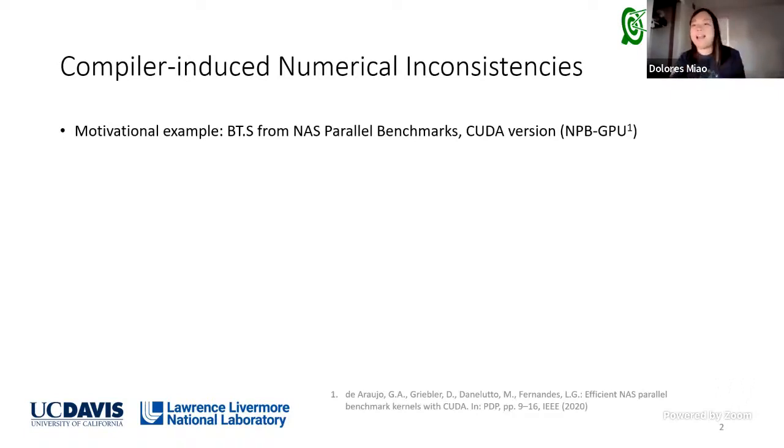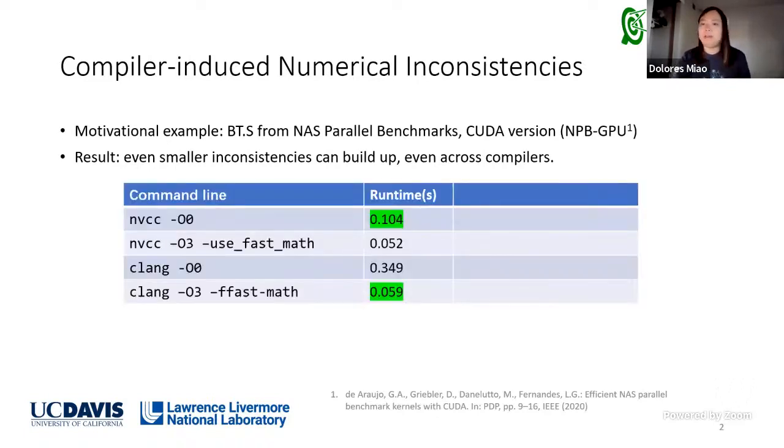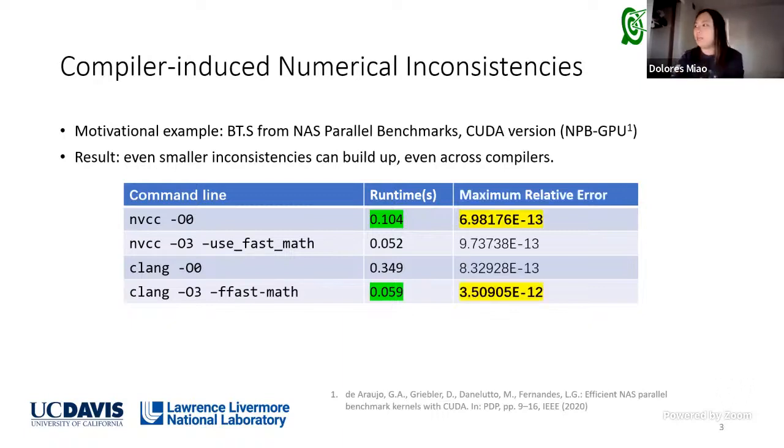One such inconsistency we have found during our research was in the NAS parallel benchmarks in the FPTalks program, where we could see that even though the inconsistencies for individual operations are usually just rounding errors, they can still build up. In this table, you can see that with Clang O3 fast math compared to NVCC O0, they are already across compilers. Even when we have like 100% speed up by using O3 and fast math, the maximum relative error in this output is 4 times larger. And this could be a problem in more serious usage situations, because in real-world applications, there are